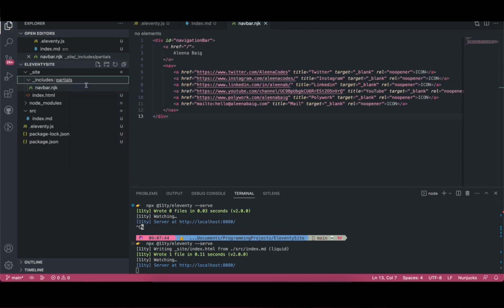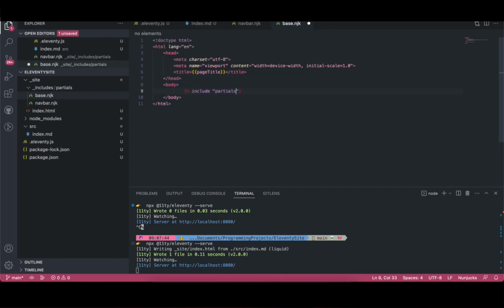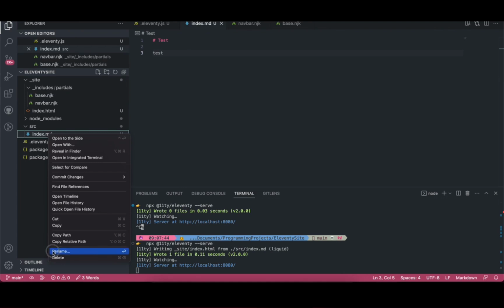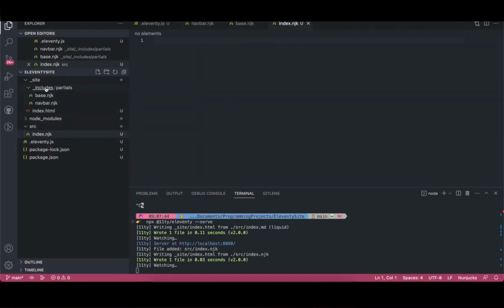Now that we've got this navbar, I can make a file for the main layout, and this will wrap every page. And I'll put a few more things in here, so a title that can be passed into each page. I'll include the navbar, and I'll also add a block so that content can be passed into the page. So now I can delete the test markdown file, and I've just noticed that I've put the includes into the wrong folder, so I'll move that.